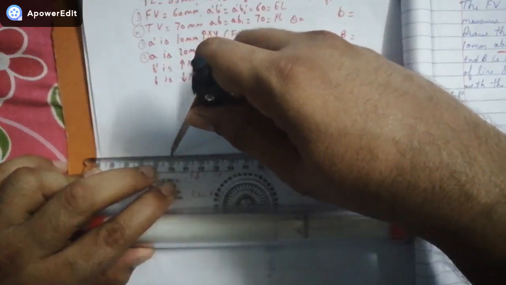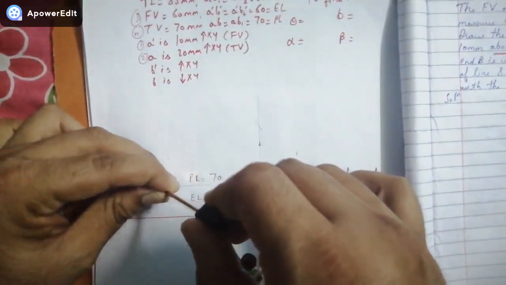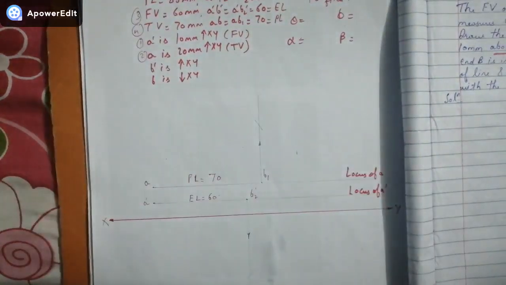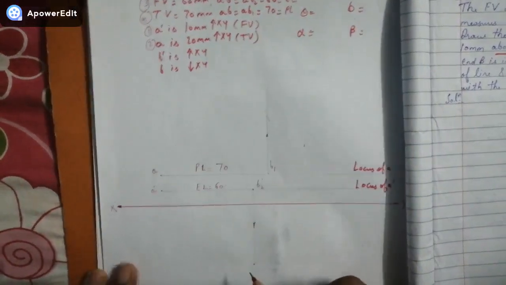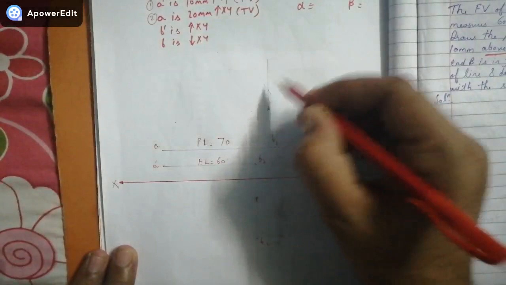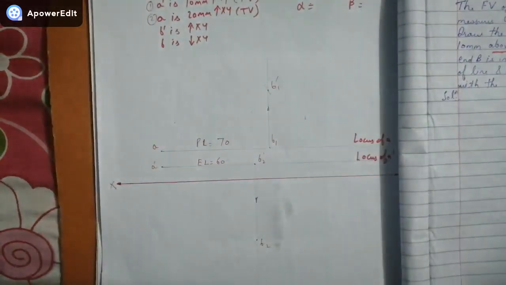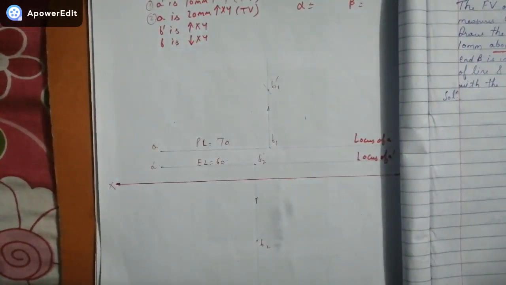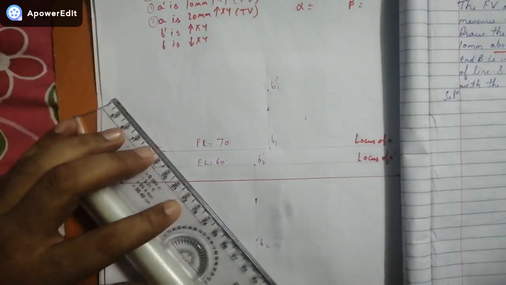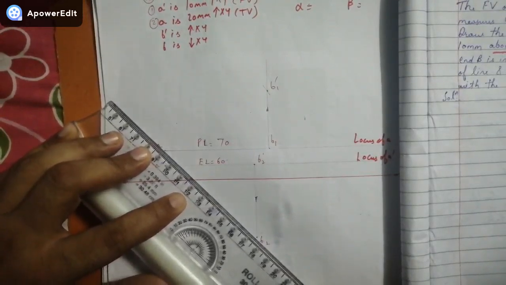That is 85 mm, like this is taken. A dash to B1 dash, like over here, and A to B2, like over here. So this point I'll be marking here as B2, and A dash to the next point over here to be marked as B1 dash. Okay. So once we are done, I can join these with the help of a medium thick line, that will be the true length.